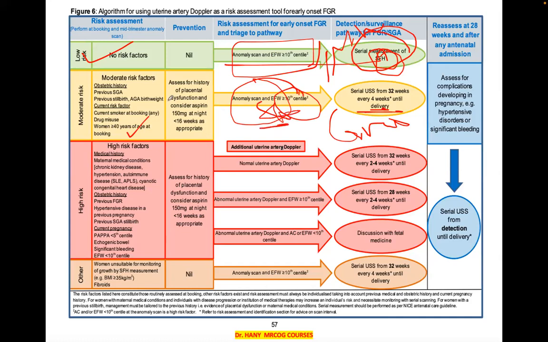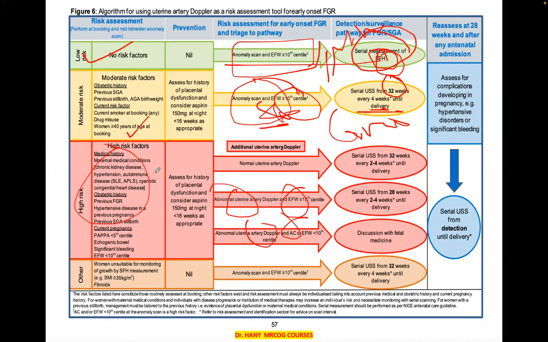But because she has risk factors, it can be plotted on the growth chart. The growth chart by follow-up of a growth scan, but from 32 weeks, not from 28. From 28, if it has abnormal Doppler and the baby weight is reduced. So I have a lot of risk factors. High risk,